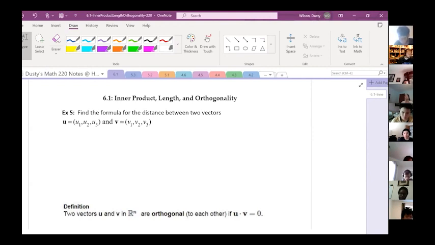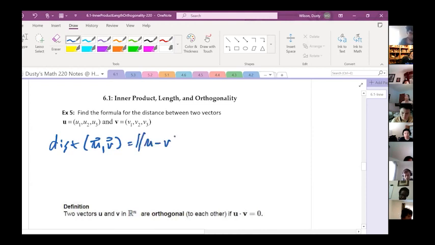So if I want to find the formula for the distance between two vectors in 3D, now the distance from U to V is going to be the magnitude of U minus V, or the square root of (U1 minus V1) squared plus U2,